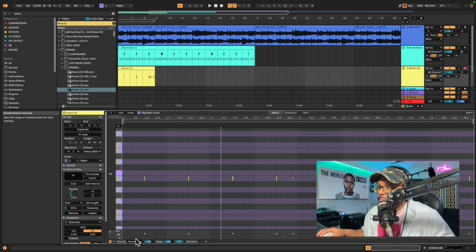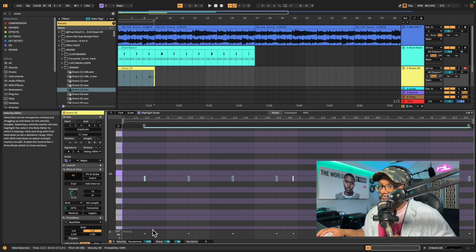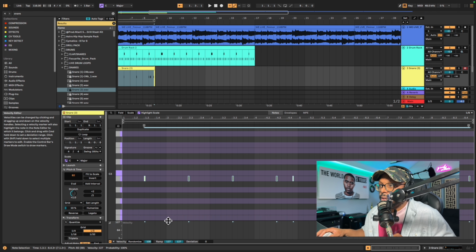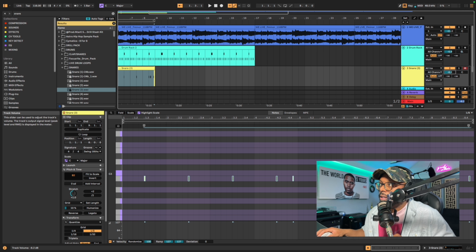Down here is my velocity. See this piece right here? And I can scroll this up. This is my velocity. So I'm gonna scroll this all the way to the top so it's maximum velocity. Scroll that back down. I'm just gonna turn this volume down right now because I don't wanna blow my ears